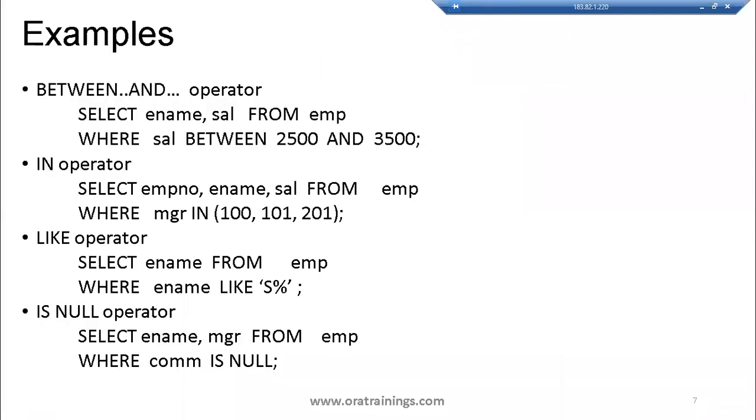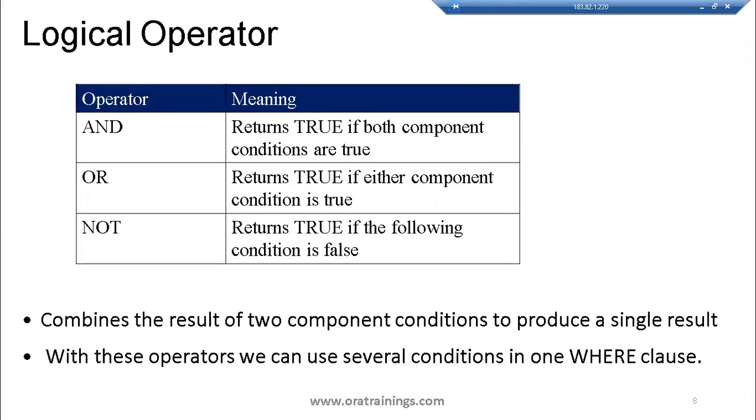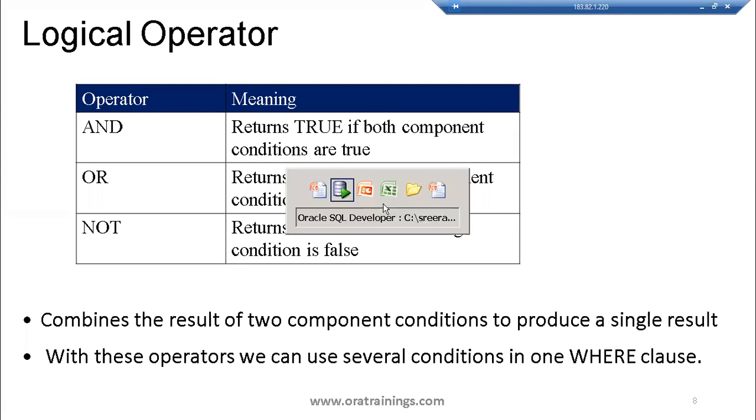Next, let us get to the other slide. We have seen some examples. Next one, the logical operators. So there are 3 logical operators we have: and, or, not. So we know that when you are using a where clause, you can apply multiple conditions, right? When you are using multiple conditions, you have to include a logical operator between them. Either it can be and, or, not. Let us see a few examples in these 3 scenarios.